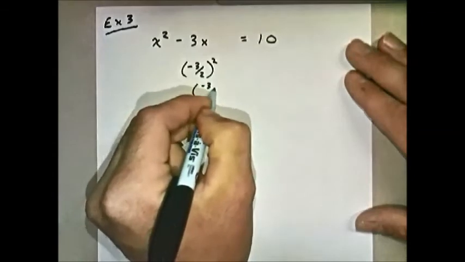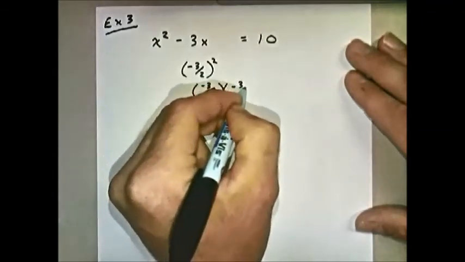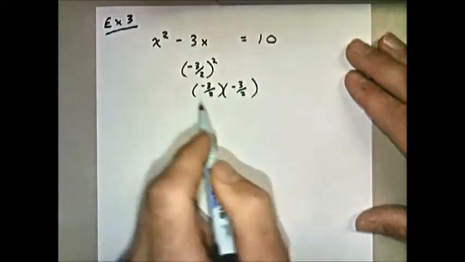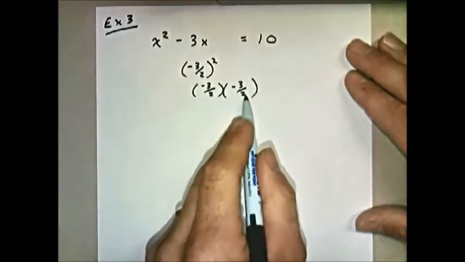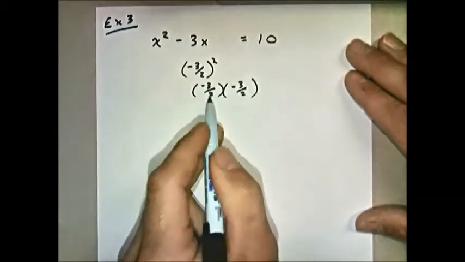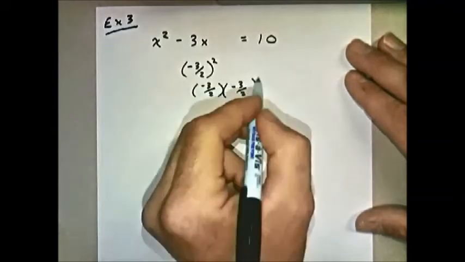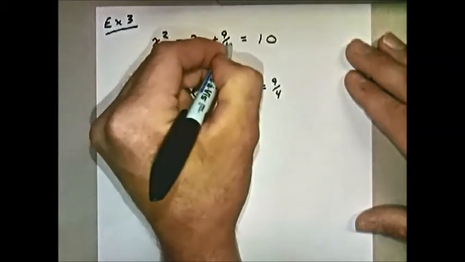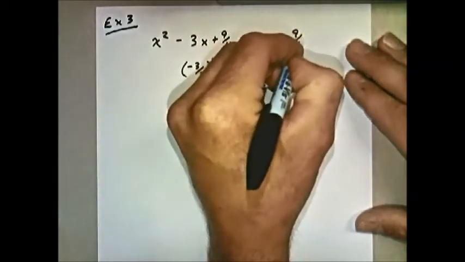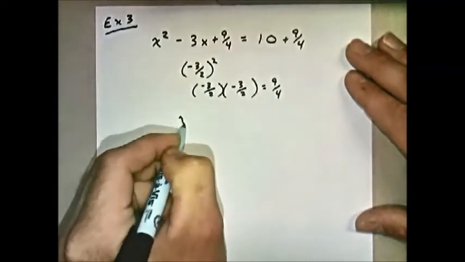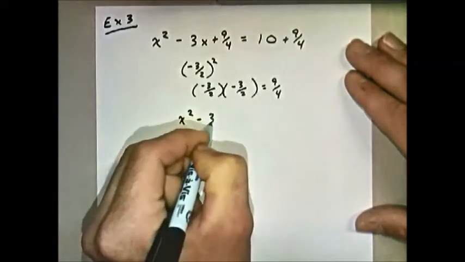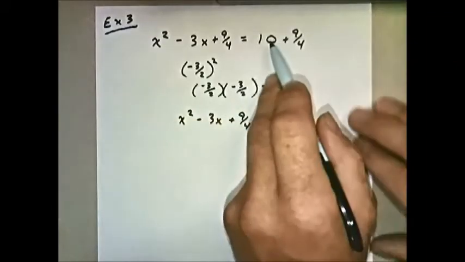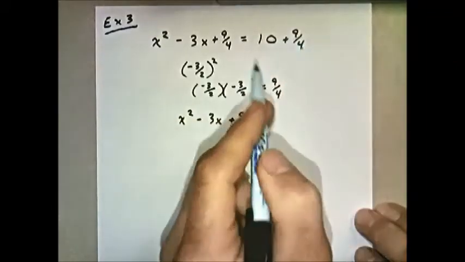means that we're going to take negative 3 halves and multiply it by negative 3 halves. That asks us to multiply the numerators together and multiply the denominators together. So negative 3 times negative 3 is 9, and 2 times 2 is 4. So we're going to add 9/4 to both sides. So I end up with x squared minus 3x plus 9/4 equals 10 plus 9/4 is